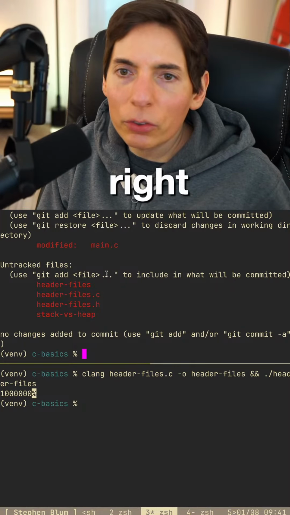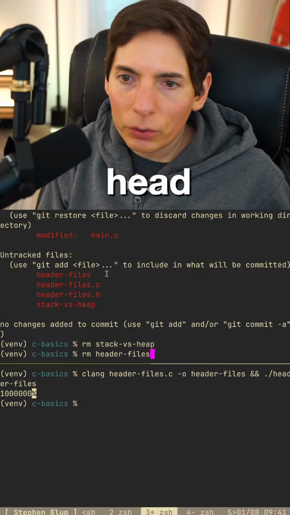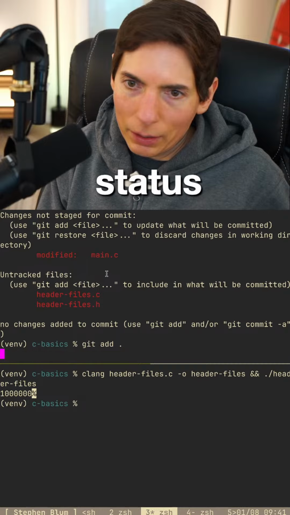All right, so let's do RM stack versus heap. Just that, and then RM header files. Git status, git add, git commit,